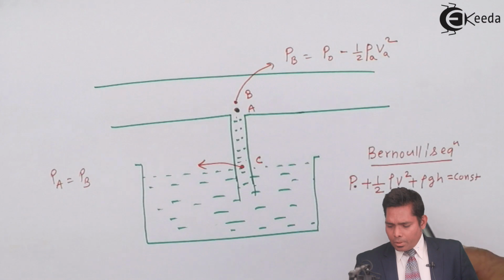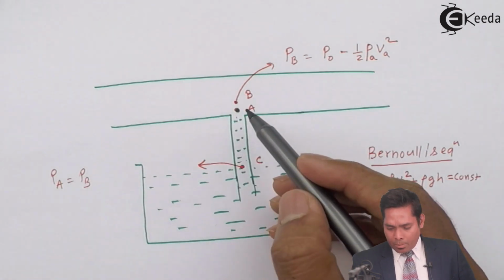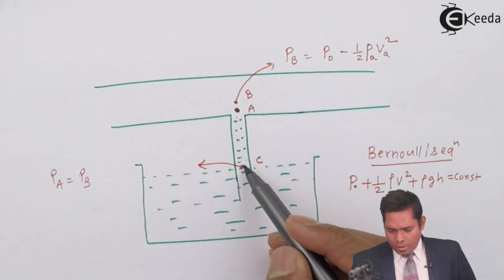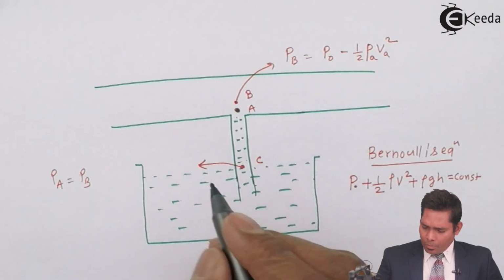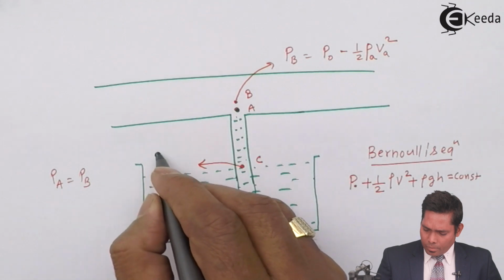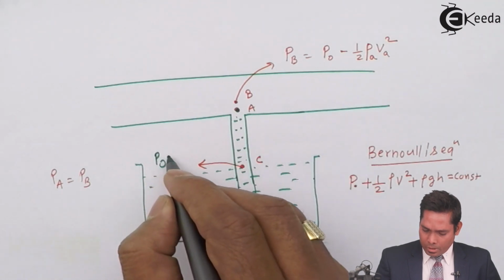Applying this at the two points, at this point it is P naught, the atmospheric pressure, plus